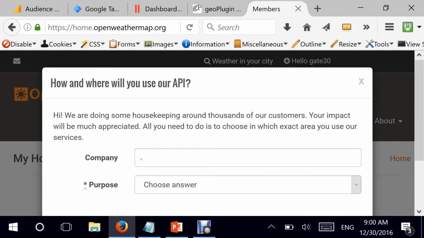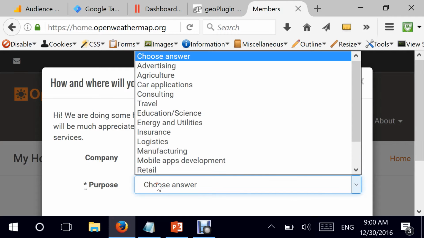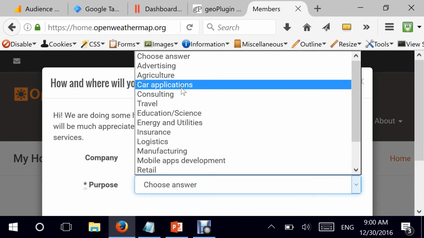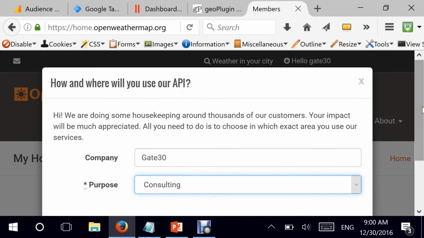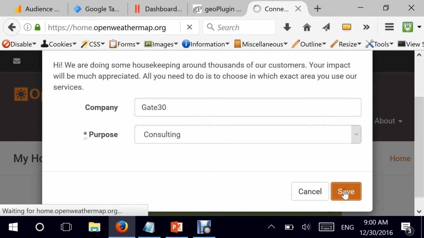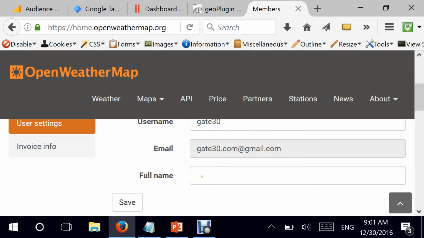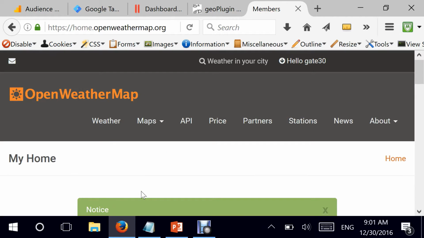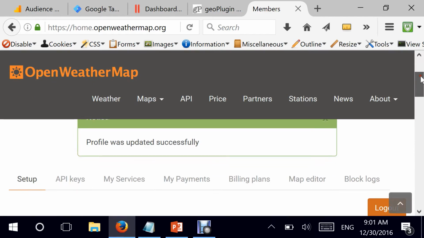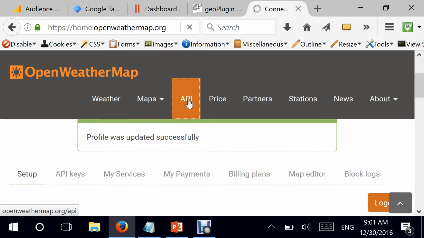You can skip this, but you can also give the name of your company if you wish to. You can save it. Okay, I'm done. Now, what you need to do here is really go into your API